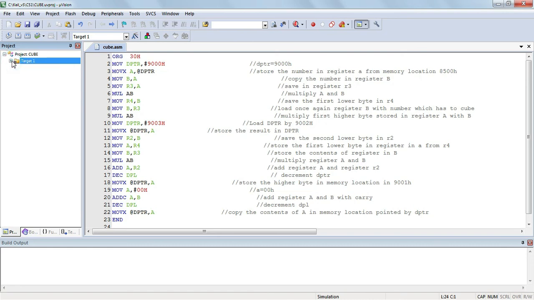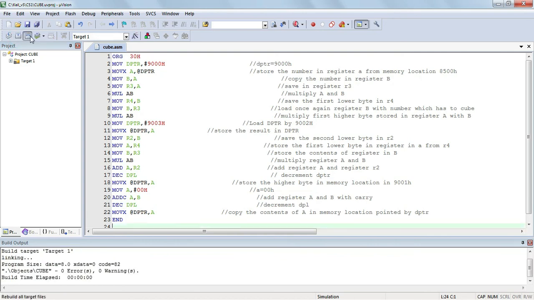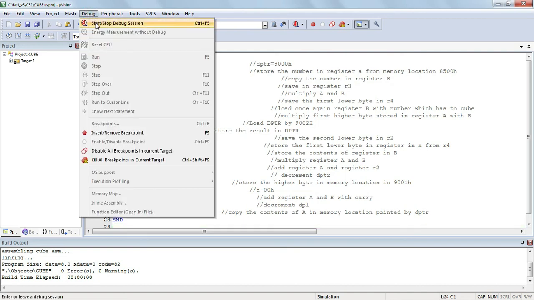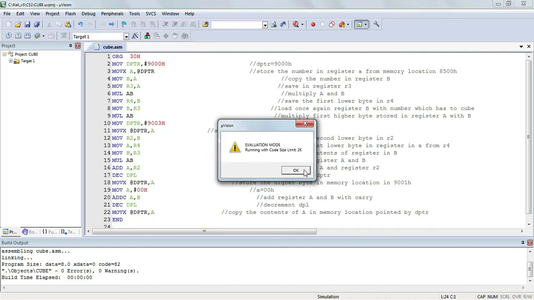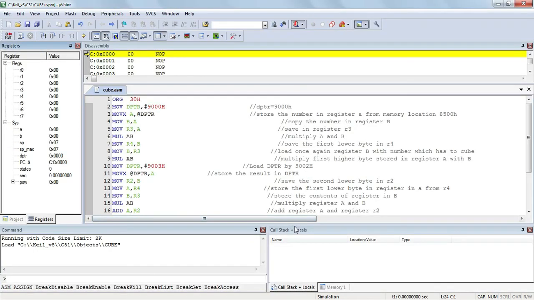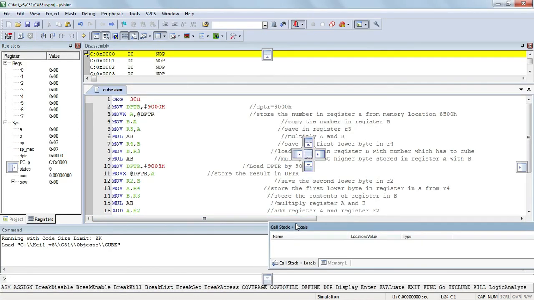So once everything is done, we can now perform the next 3 steps: translate, build and rebuild to check for errors and create the object file. First, let us click on translate to check for any errors. We have obtained 0 errors, indicating that the program is error free. And then we click on build and then rebuild by linking them to the library files to obtain the object file. Once this is done, it's time to execute the program. To execute, click on Debug, Start/Stop Debug Session, click on OK. The debugging window opens and we can observe the memory window here.